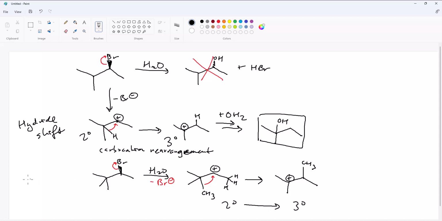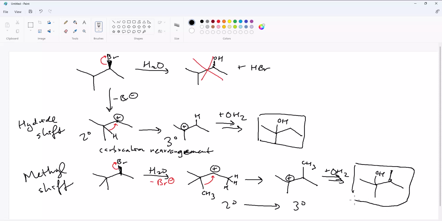Again, this type of move is called a methyl shift because we moved a methyl. And what we see is we don't have the alcohol substitution at the original position, but we do see alcohol substitution forming this type of alcohol, with the tertiary alcohol forming. And this is because we had a carbocation rearrangement that stabilized the carbocation intermediate. So the main point here is carbocation rearrangements